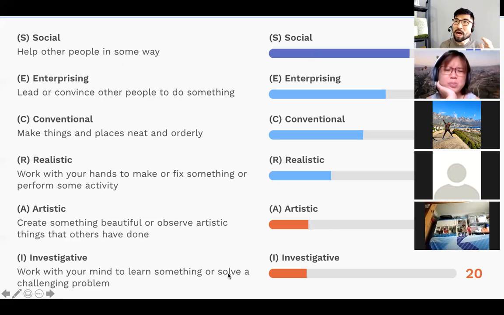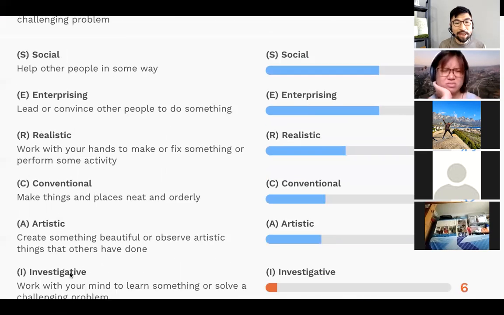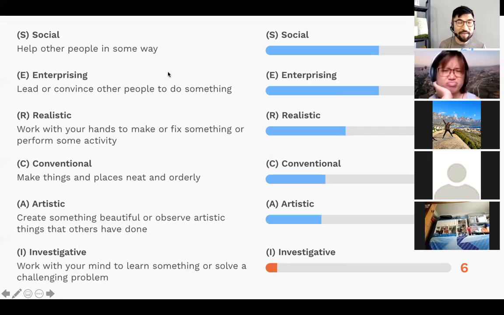Okay, so this is the career interest. Remember there are 3 tests. Let's look at the other 2 that I took as well. The second one is about my confidence, right? The first one is what I'm interested to do. So I'm SEC for that. The second one is what I'm confident to do. I'm SER. The C has disappeared and it's been replaced by the R.